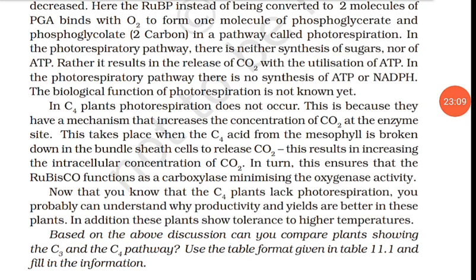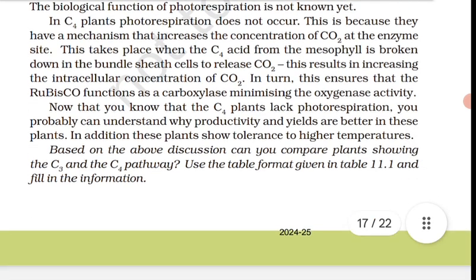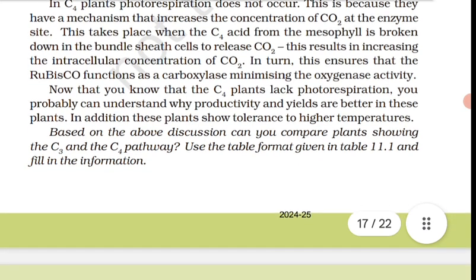विच इज़ द प्राइमरी CO2 फिक्सेशन प्रोडक्ट, C3 प्लांट में होता है PGA, फॉस्फोग्लाइसरिक एसिड, और C4 प्लांट में होता है OAA, ऑक्सलो एसिटिक एसिड। नंबर ऑफ कार्बन इन द प्राइमरी CO2 फिक्सेशन प्रोडक्ट, C3 प्लांट्स में होंगे 3 और C4 प्लांट्स में होंगे 4। डज द प्लांट हैव रूबिस्को, C3 में भी यस और C4 प्लांट में भी यस, दोनों में होगा। डज द प्लांट हैव PEPcase, C3 प्लांट में PEPcase नहीं होता है और C4 प्लांट में PEPcase होता है।